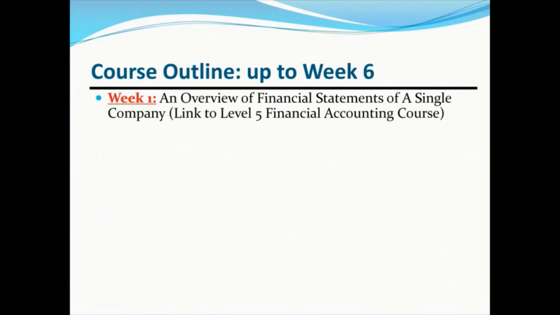And in this week, we mainly tried to link the knowledge that you acquired at level 5 with the expectation for level 6. And then we started explaining the principles of consolidated accounts, which include